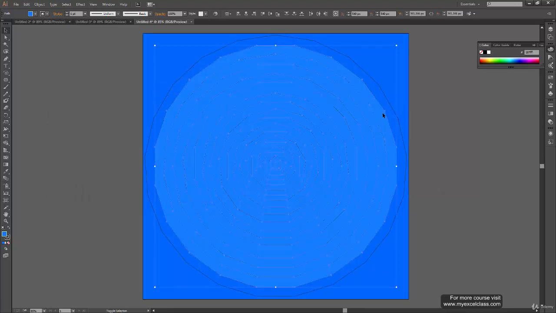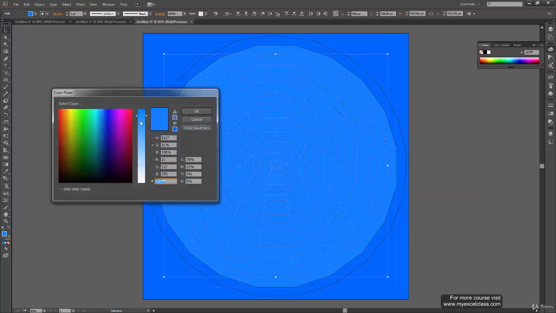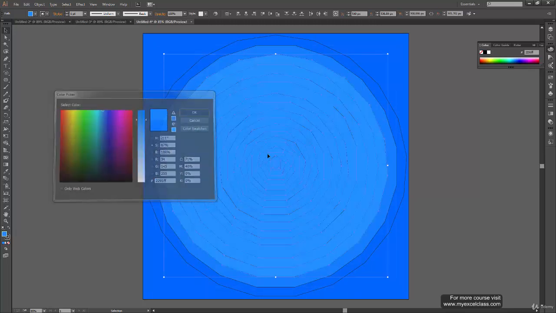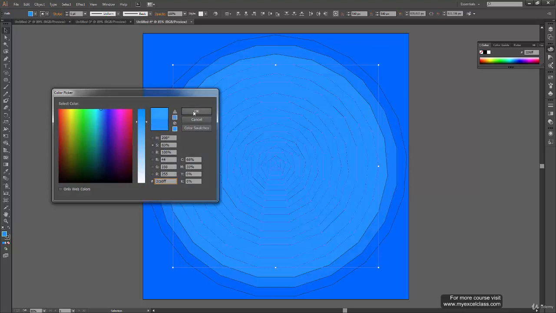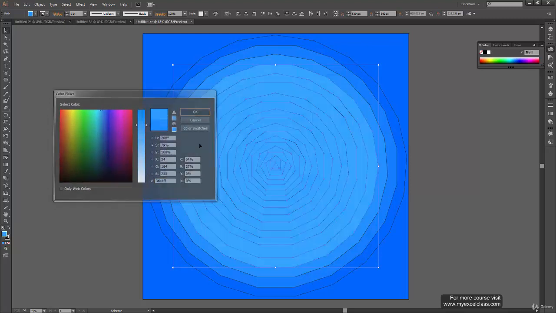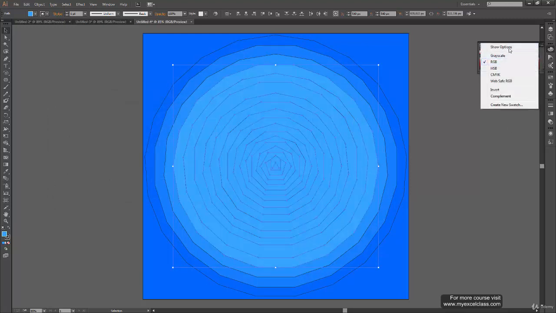Alright, now shift select the outermost polygon, and again drop the color value a bit from this one to this. Again shift select the outermost polygon, double click and drop the color value from this to this. You can also change color values from here.